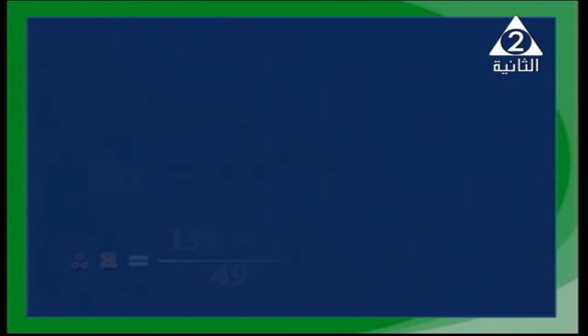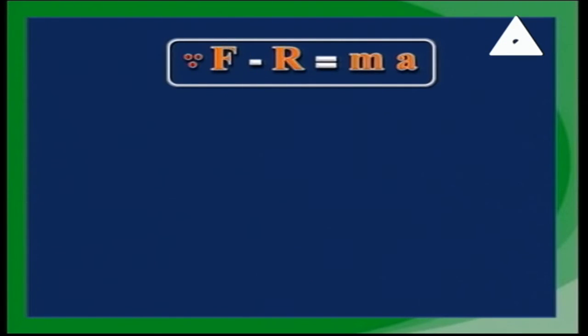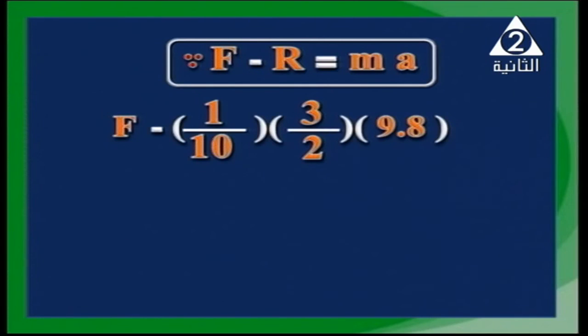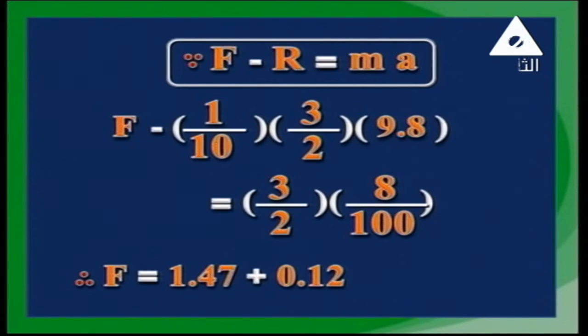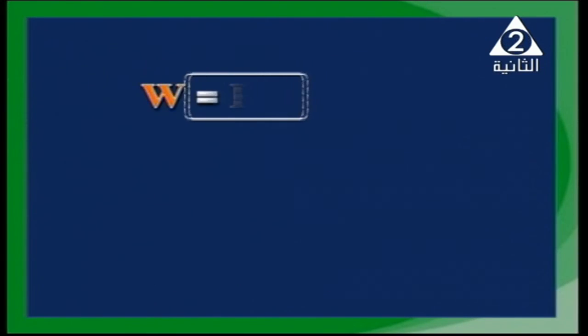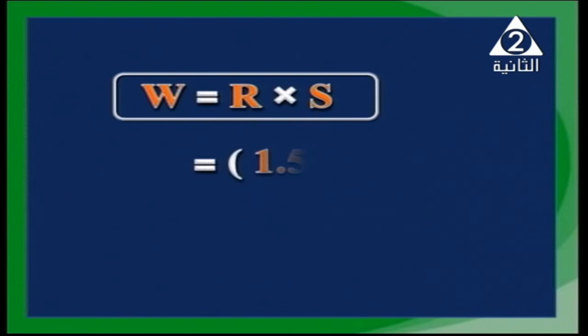After that, F minus R equals MA. We know that R equals 1/10 from its body weight. 3/2 times 9.8 equals M, 3/2 times 8/100. Therefore, F equals 1.47 plus 0.12. Answer is 1.59 Newton. The work done in this case F times S. Answer is